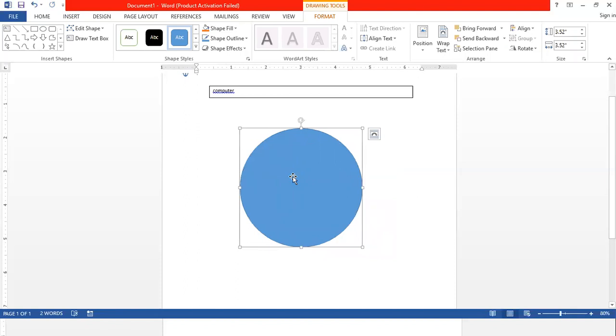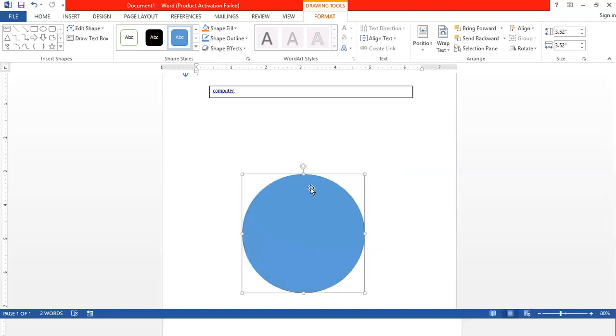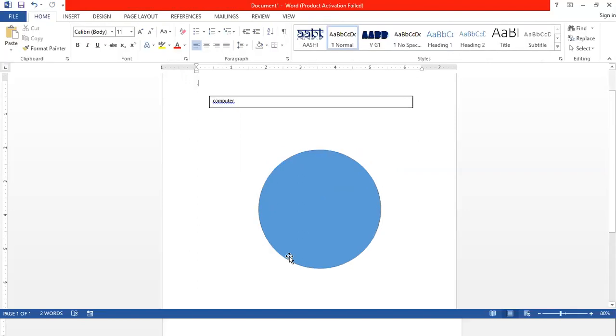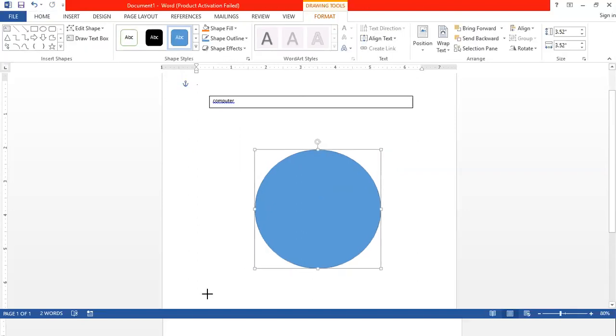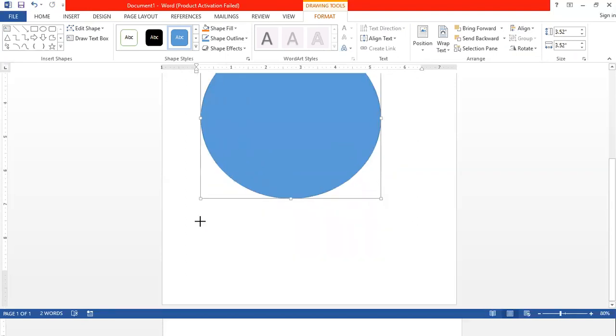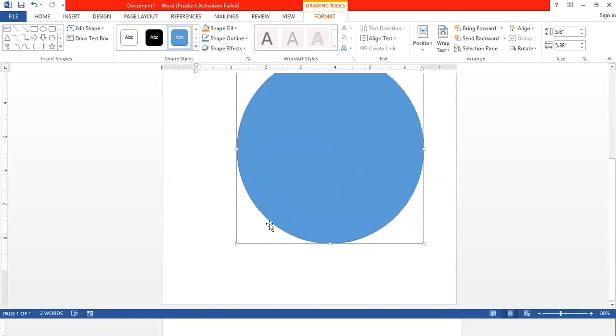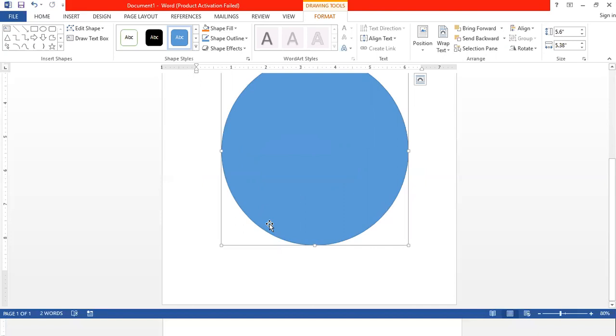Now you can again move the shape wherever you want on your screen, just by clicking on that and dragging the mouse pointer. If you want to delete the shape, just press the delete button. If you want to resize the shape, then just click on the small square boxes present at the border of the shape, and then click and drag for resizing the shape, and the shape will resize according to the mouse pointer as much as you are dragging the pointer. So resizing also can be done. Moving the shape can also be done, and that's why a shape is also one of the objects of MS Word application.